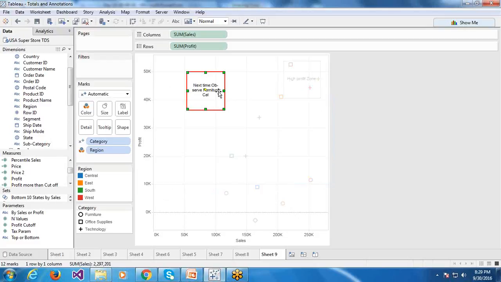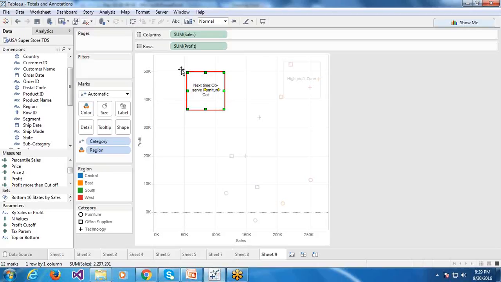Let's say you are reviewing someone else's work. Someone else created a chart for you, some report for you, and you want to give feedback for them. This is not reliable, or this is suspect. You have to do a deeper analysis on this kind of thing. You can add a note instead of using emails and all.